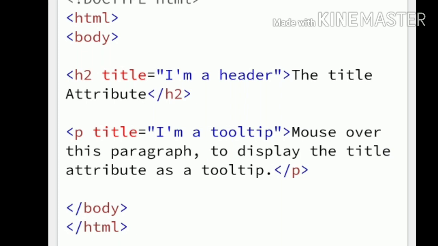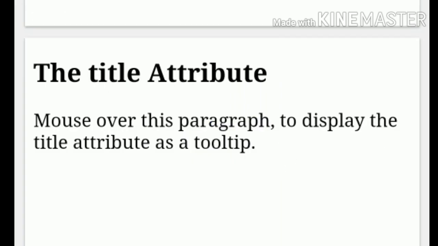Finally, you can go to the tooltip. This is also similar. You can give the HTML head tag, and after that give the title of the tag in the body: h2 title equal to I am a header. The title attribute on h2, then the closing h2 tag, and within the paragraph you give a title equal to, within double quotation marks, I am